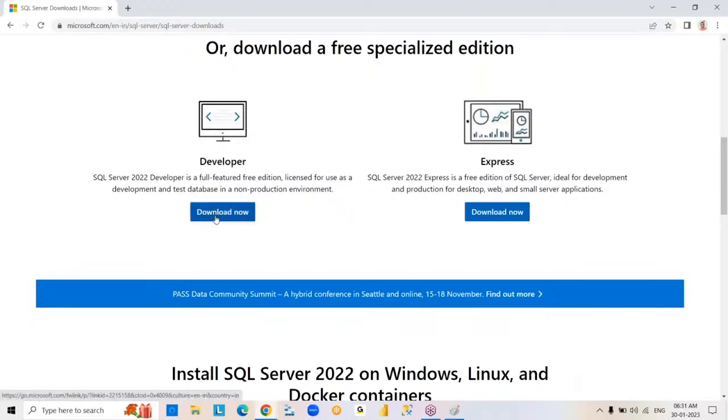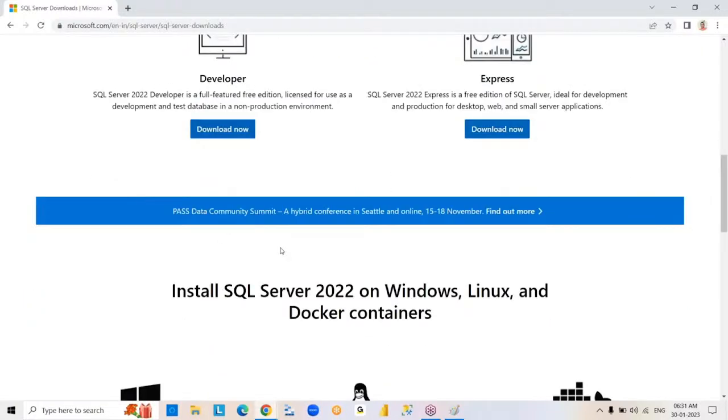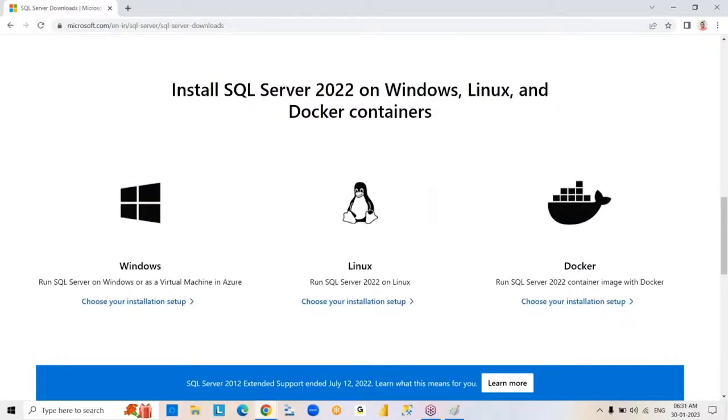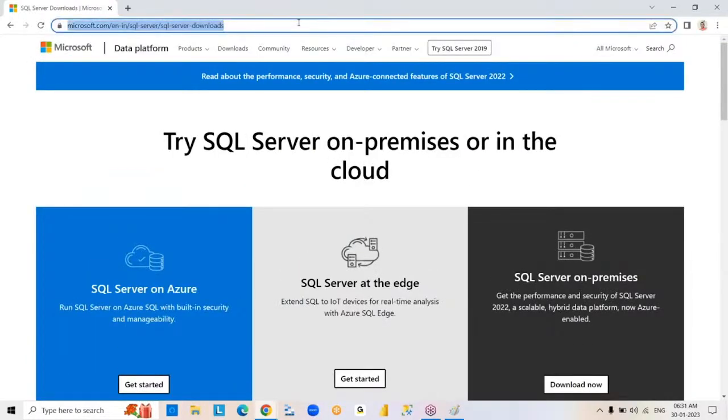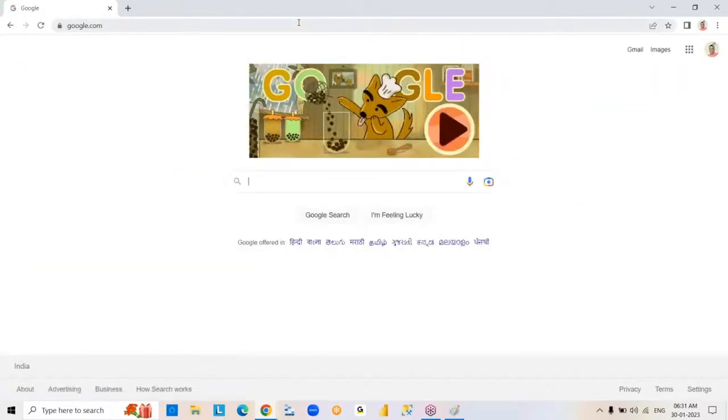If you click on this download button, download under Developer, but not Express. See that here it is showing Developer edition, Express edition. Even this Developer edition is also a trial version for us, practice purpose only. So you can download it and install. Now, an installation video I will share. Next, after completion of the SQL Server installation,